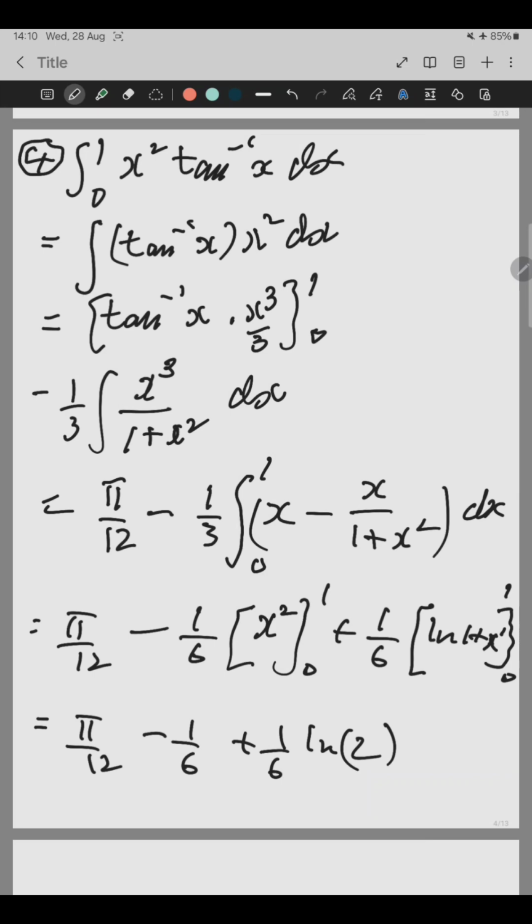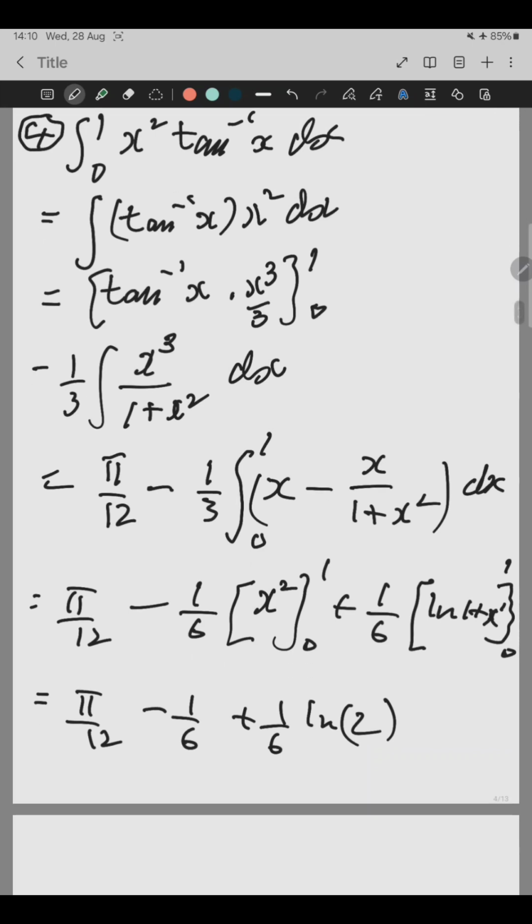There's no need to simplify that any further, so we can now move on to the fifth